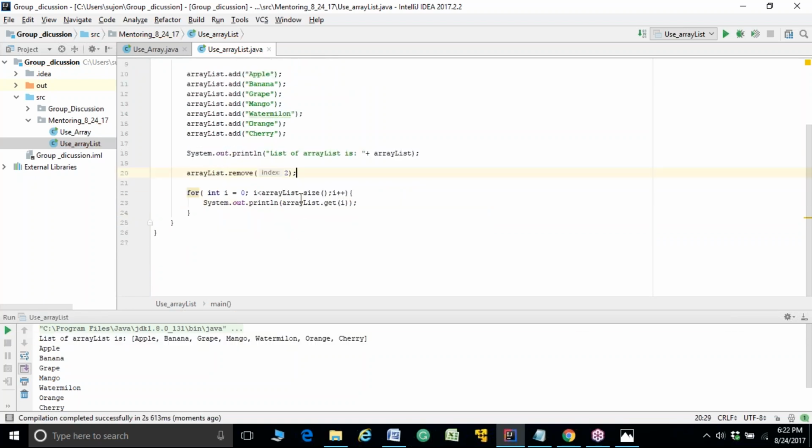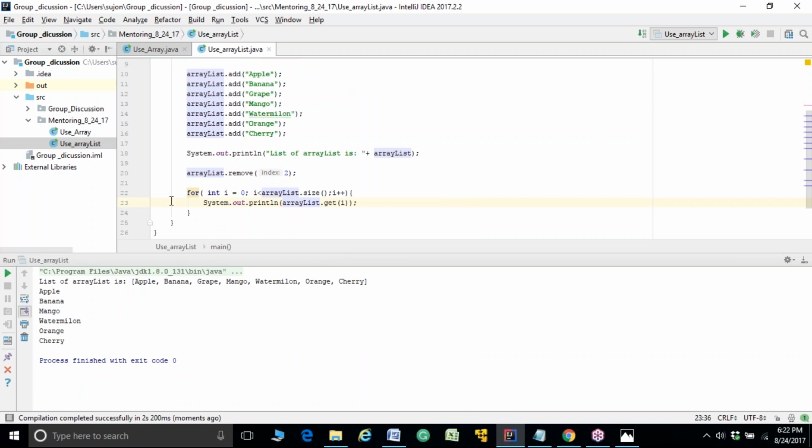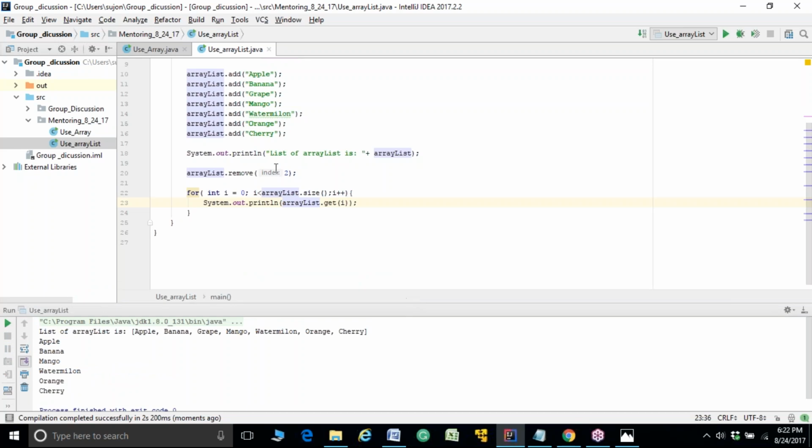So let's run this one. There you go. So the numbers are 0, 1, 2. We don't have any grape in here right now because I already removed this one. So that's why we can remove from this array list. This is the easier way, and we can use another way to remove like